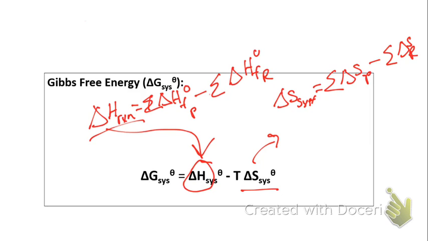Solve for delta H, solve for delta S of the system, plug it into this equation with the correct temperature in Kelvin, and you'll get delta G, okay? So we'll go through a lot of these calculations in class, all right? So this is it for now on free energy. Please review this video. Please review your notes. This is such an important concept when it comes to thermodynamics, all right? So that is it for now.